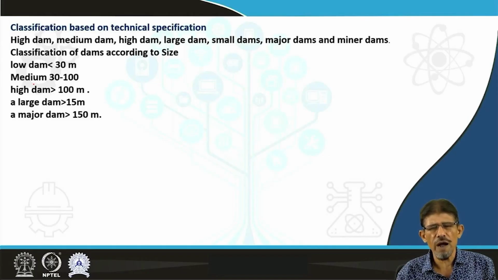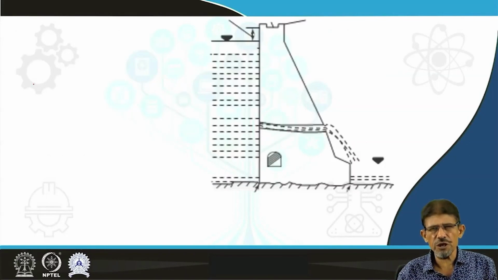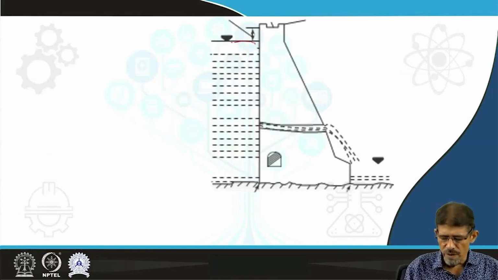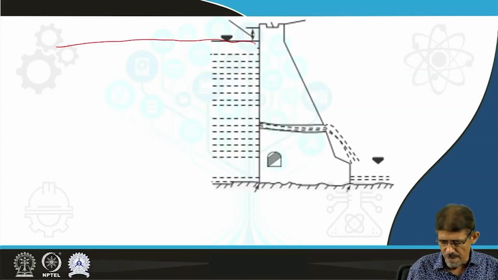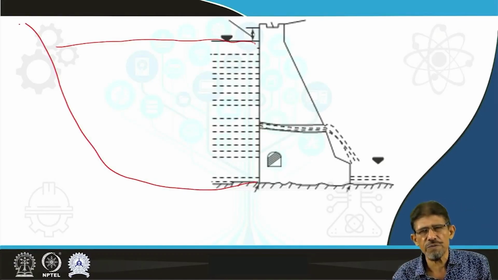So in the majority of cases we have large dams, major dams, high dams and medium dams. Low dam is for localized use, etc. So in this way we have covered the classification of dams based on different parameters. Any dam after construction faces a lot of problems due to different types of forces acting on the dam. As per our descriptions we have already discussed,